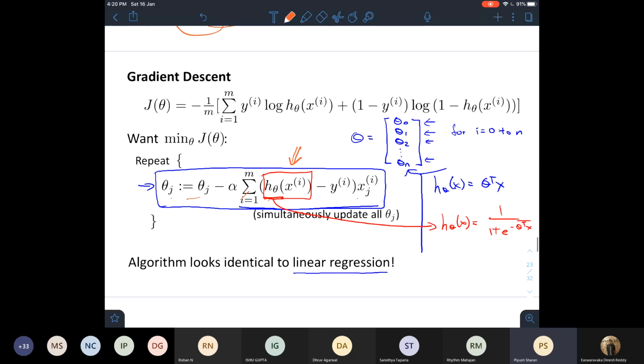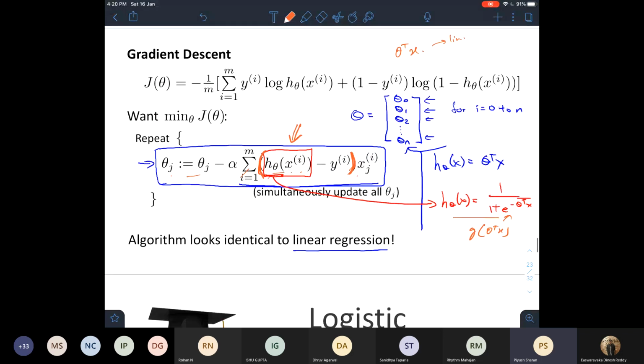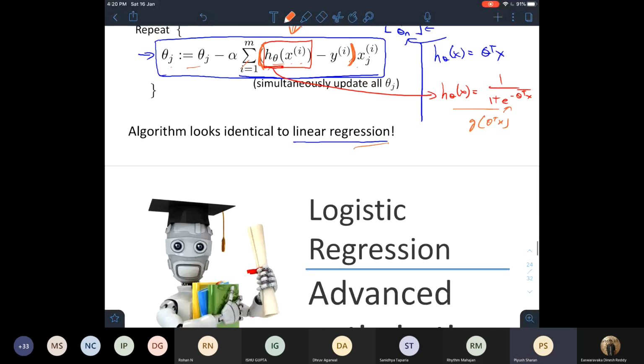Now you might notice how similar this looks to what we had for linear regression. We had exactly this term right over there, except that h theta of x of i was just theta transpose of x in linear regression. But right now our h theta of x is actually g of theta transpose of x, which is this term. Otherwise it looks almost identical to what we had for linear regression.